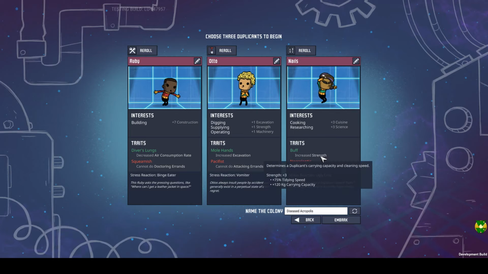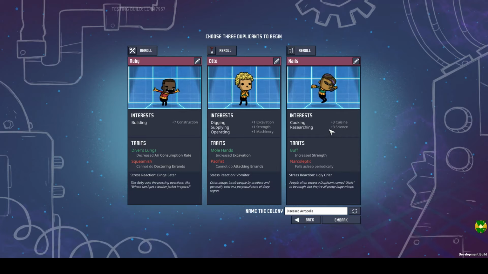Narcoleptic would be okay. Strength isn't necessarily that good, but they can clean on their off time, and they can do cooking and researching. Yeah, well, this one's actually good, though, because they do both cooking and researching at the same level. So this isn't bad. They could do both jobs pretty easily. All right, so